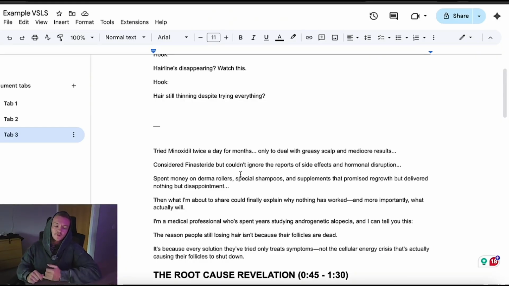It works because we're using an authority figure and we're pulling in a bunch of social proof, like studies and reviews, and we're showing them the logical reason why it works through this is your true root cause and this is the true solution to it. You've tried all of these, this is why they don't work, and this is why this is going to work. So there we go, a perfect 3-minute VSL script, authority figure doctor based,